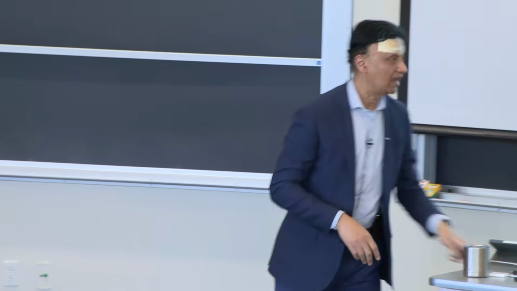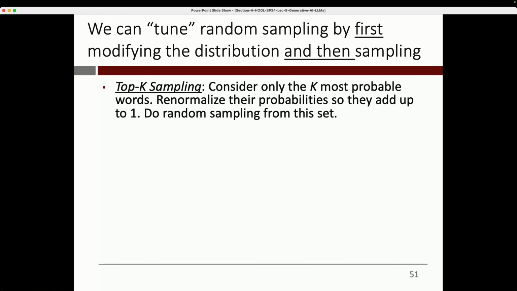So one way we do that is to say, you know what? I know we have 50,000 words in the vocabulary. I don't care. Each time, I'm only going to pick the top K words, right? K could be 10, 20, 30, 40, 50. This is very problem dependent. I'm going to pick the top 20 words, and I'm going to ignore everything else and only sample from the top 10 or the top 20. That's called top K sampling.